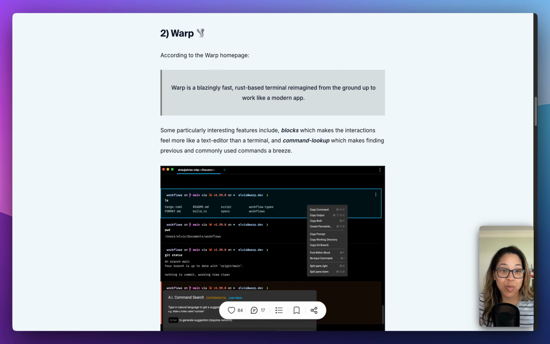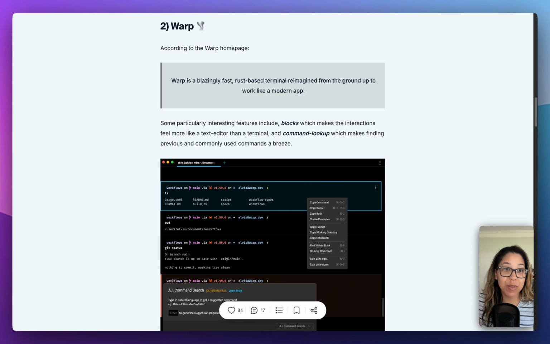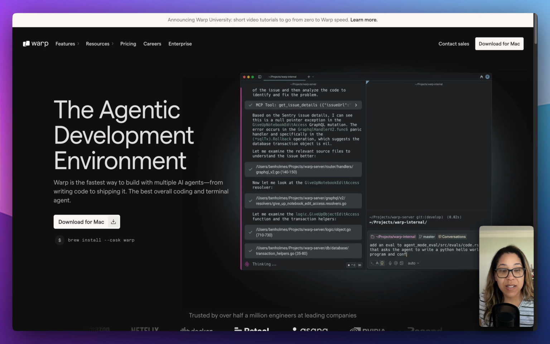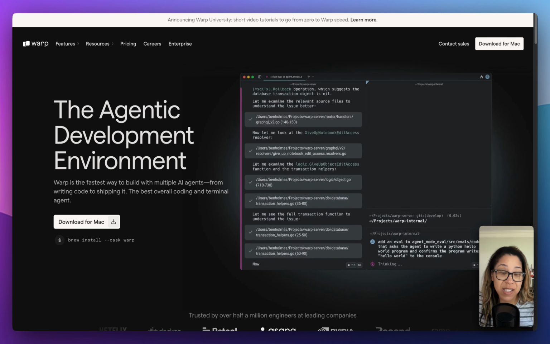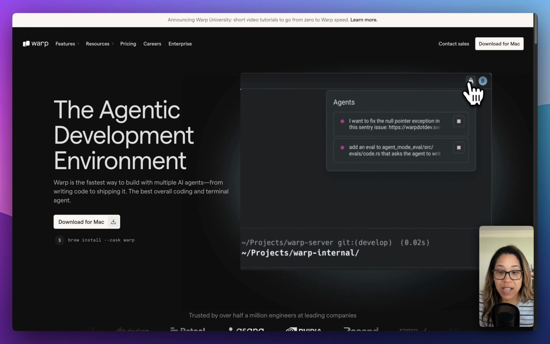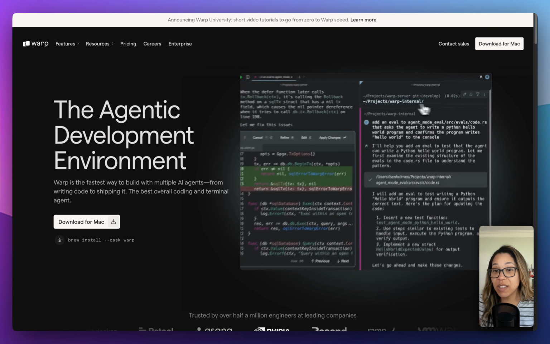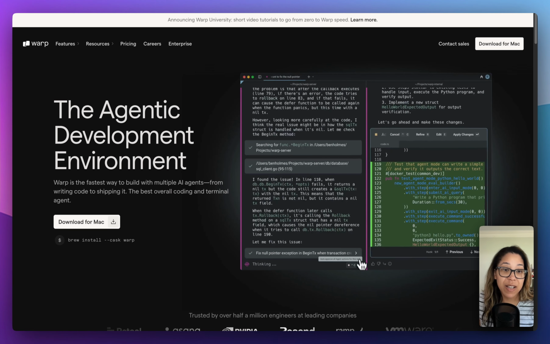And first up is Warp. Warp, candidly, is the terminal that I use now. Once I left Fig when they closed down, I switched to Warp and it is really powerful. Let's see, it talks about now they've kind of gotten into this agentic development environment. Not sure if they're trying to compete with like Claude Code and stuff like that now, but when I started